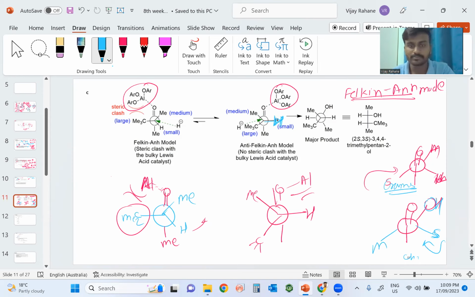There are two options. We can keep the small group and the large group on the 90-degree, and we have to see the stability of whichever complex is getting formed. So if we draw both options and check the possibility, this one is most favored. We can see the stable conformation here. There is no steric interaction with the bulky Lewis acid group, and so the hydride can smoothly attack from the backside of this